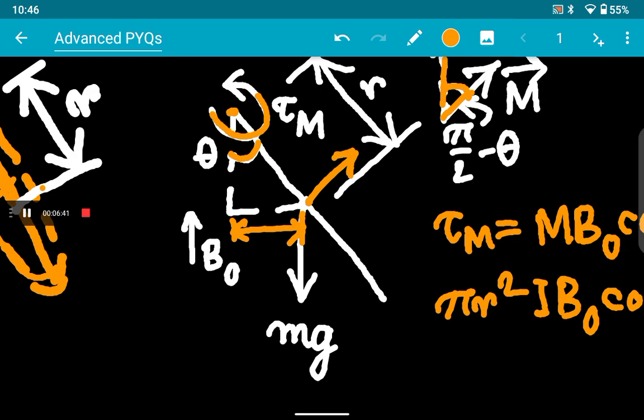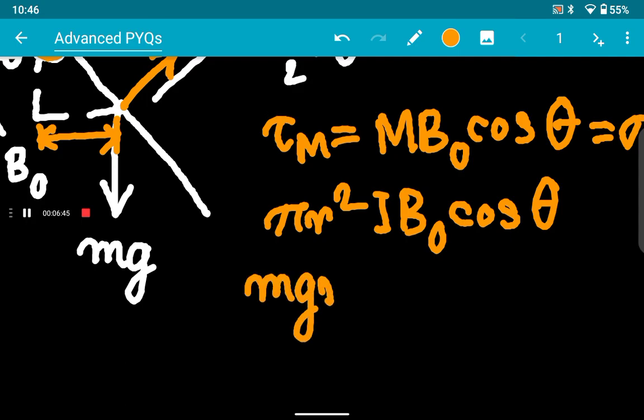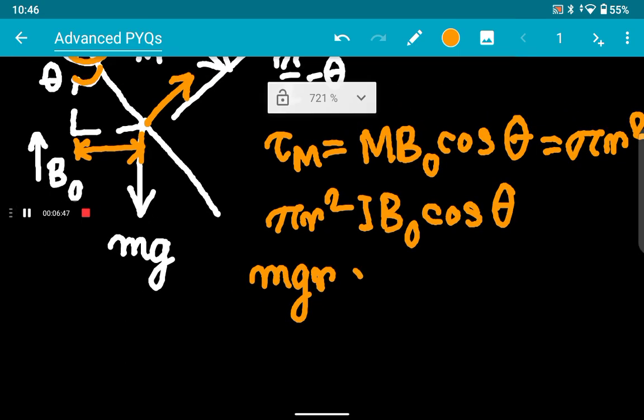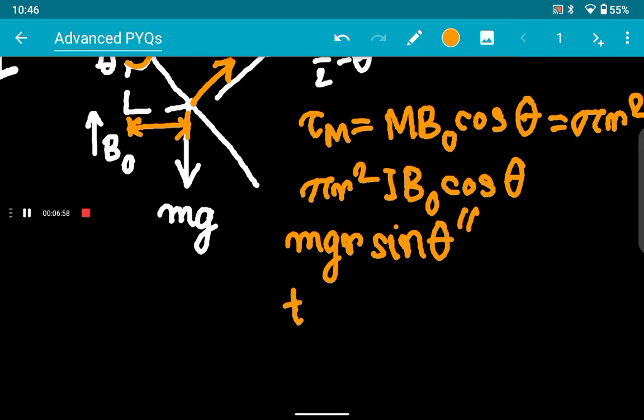theta, this is r, this will be r sin theta. So our equation is mgr sin theta. This is equal to this previous thing. I mean, this is equal to this. So if you calculate tan theta from this,